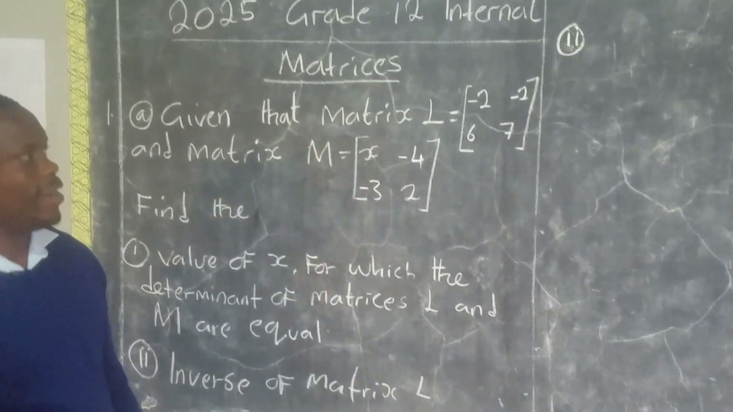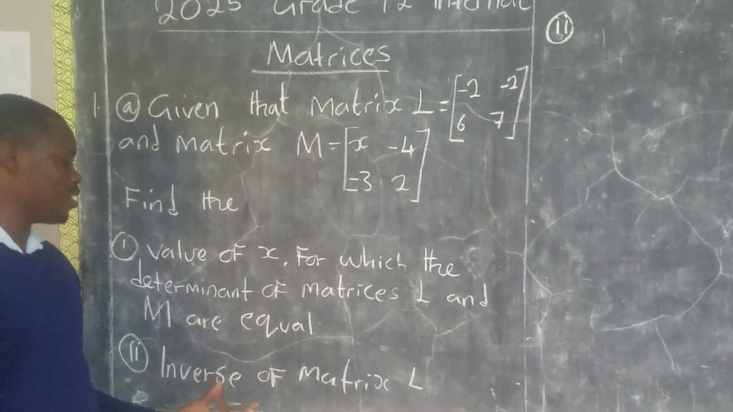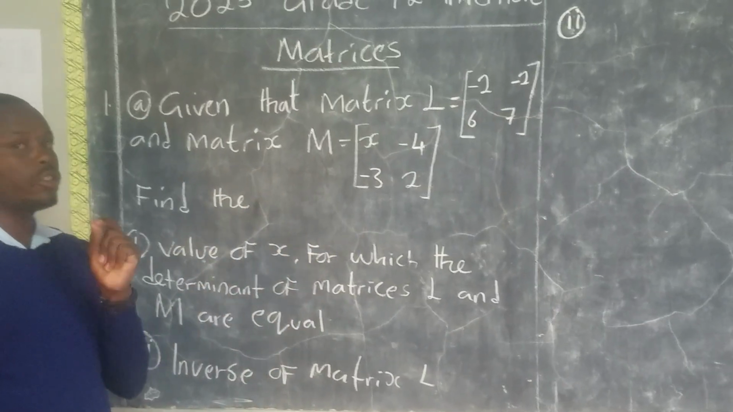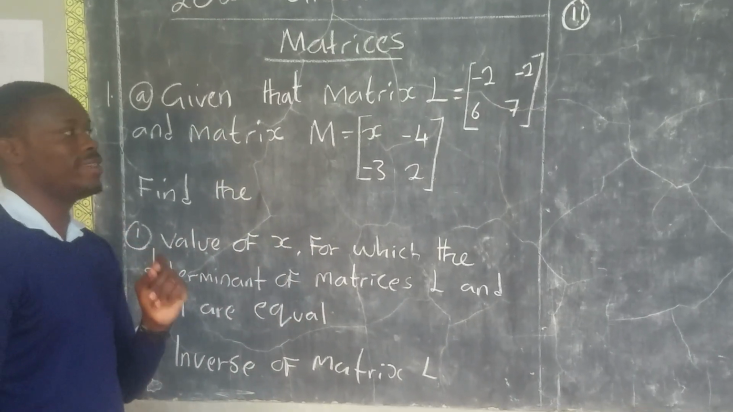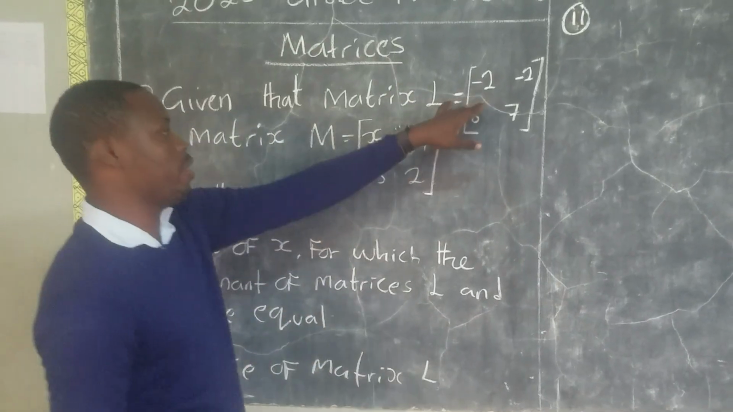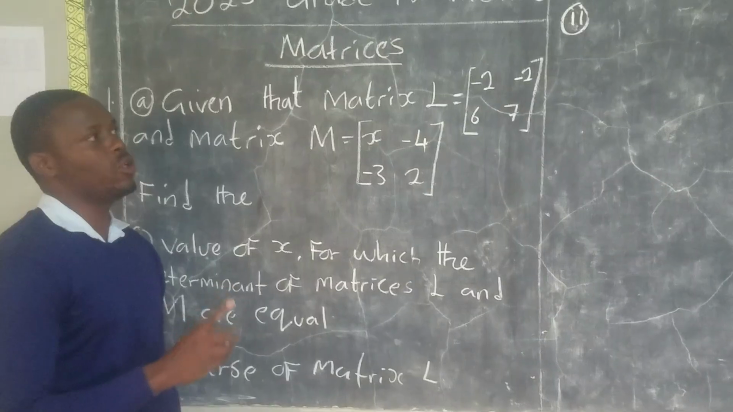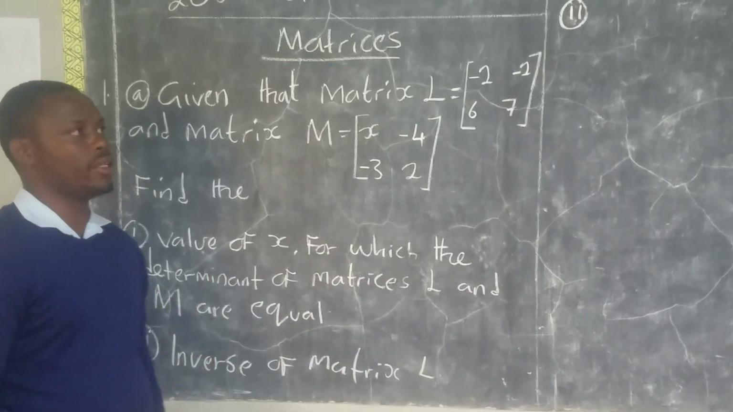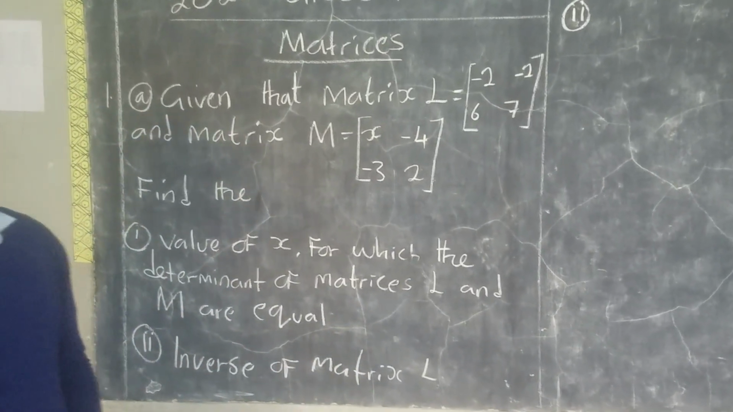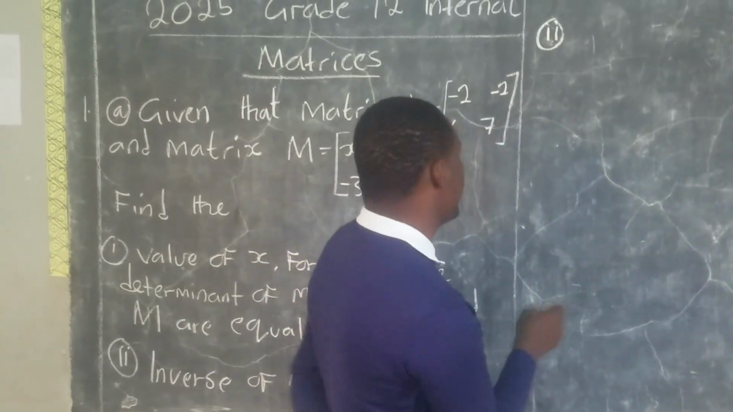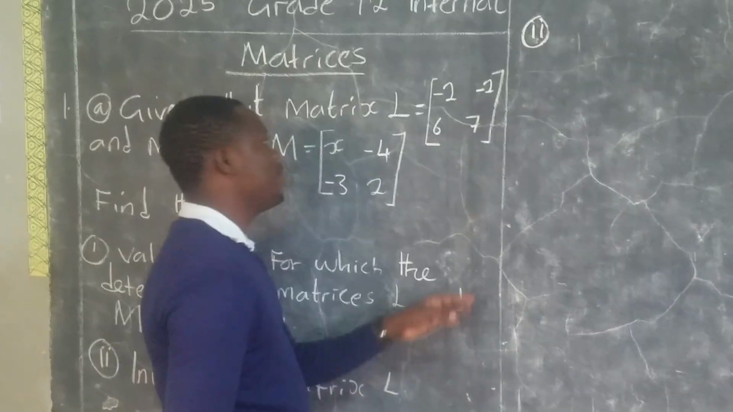So now, let us have a proof, or maybe let's try to find the inverse of matrix L. Make sure you understand the question. It says the inverse of matrix L, not M, but L. Remember, for you to find the inverse, you should have the determinant. So how do we find the inverse? We do like this. Previously, we solved the question, we said the determinant of this matrix